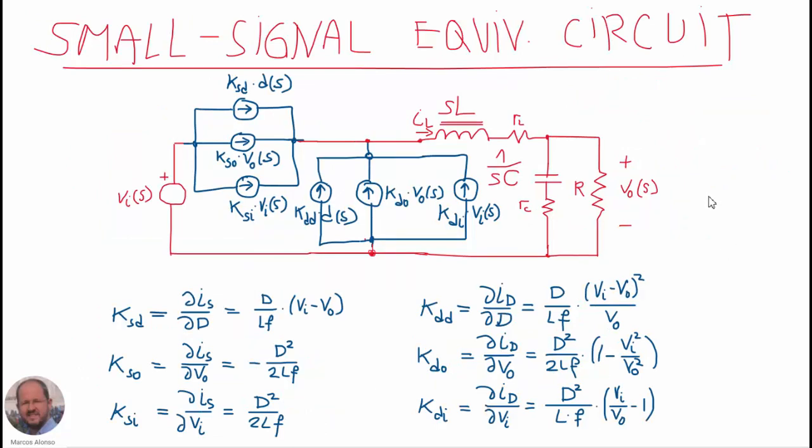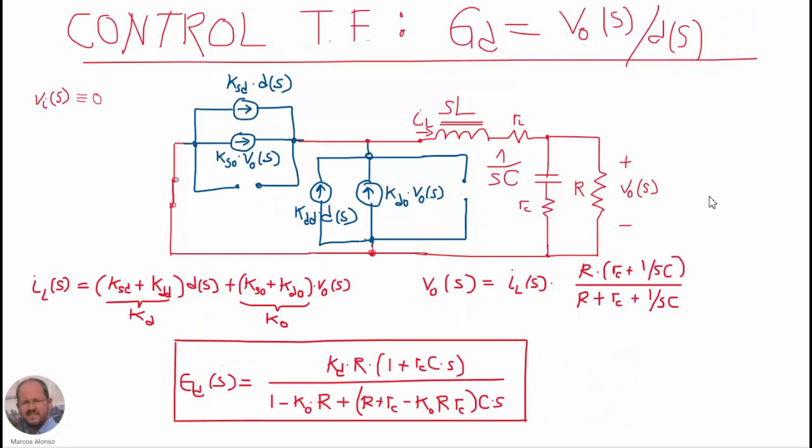Then by introducing perturbations in these current sources and taking the different derivatives against the parameters that we are interested in, we obtain the small signal equivalent circuit from which we can calculate the different transfer functions. For example, the control transfer function, which is the output voltage versus the duty cycle, we have seen how we